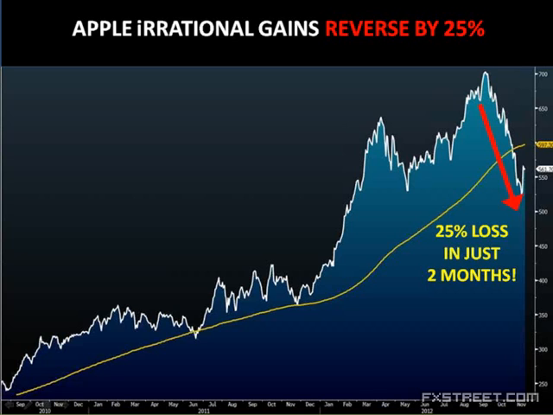And so we had a correction, and that correction has been larger than historical corrections over the last few years. So keep in mind that Apple is a big stock. It's not just one stock. It's one stock which has a multi-trillion-dollar value.